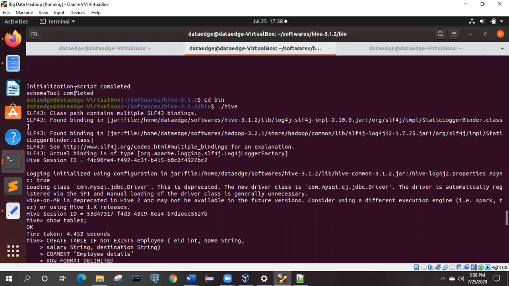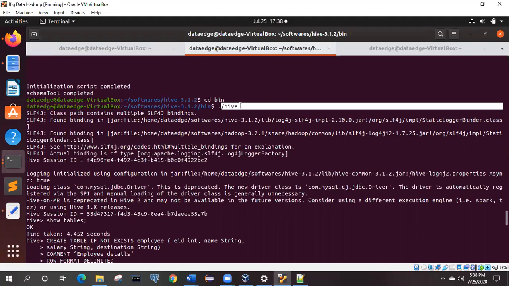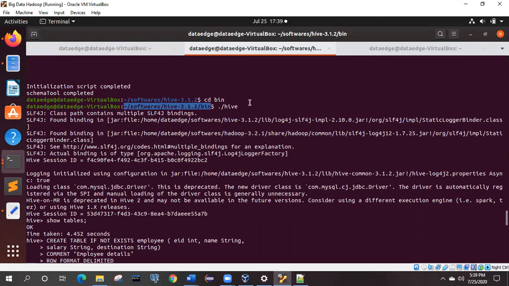So how can we verify that? Let's verify. We will open the Hive shell again. As we know, we have to execute the hive command. You can execute it from the bin of Hive, or you can directly type hive on the home console, and you will be redirected to the Hive shell.